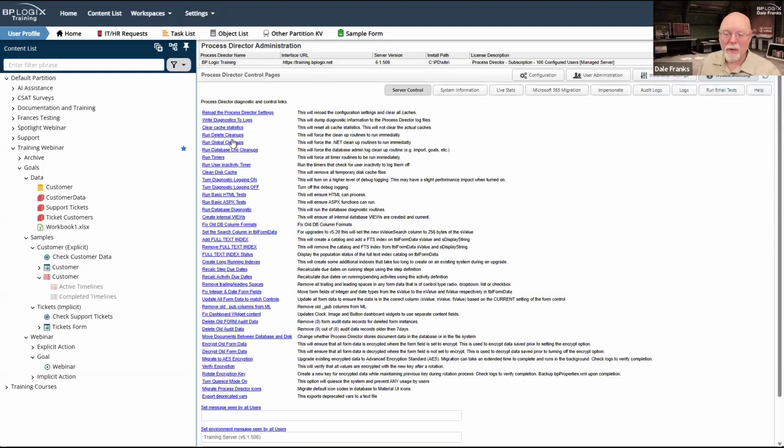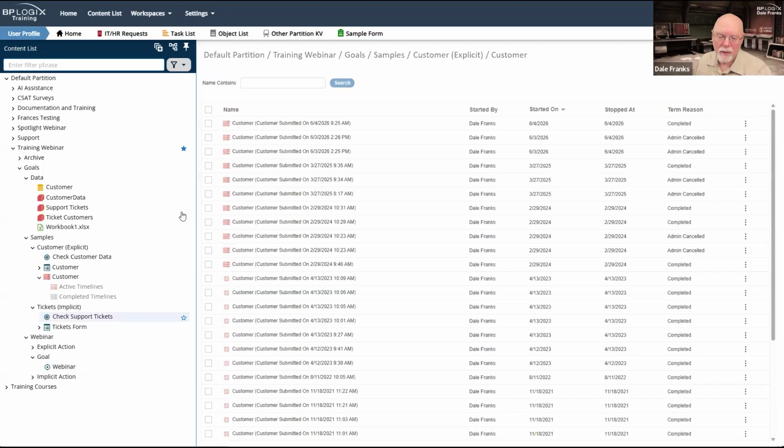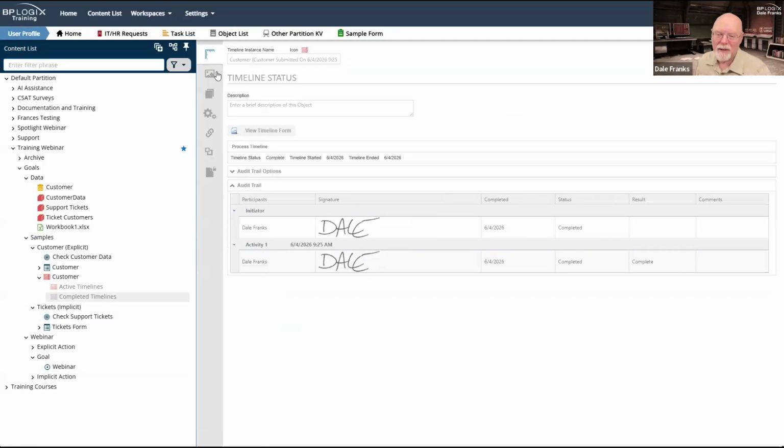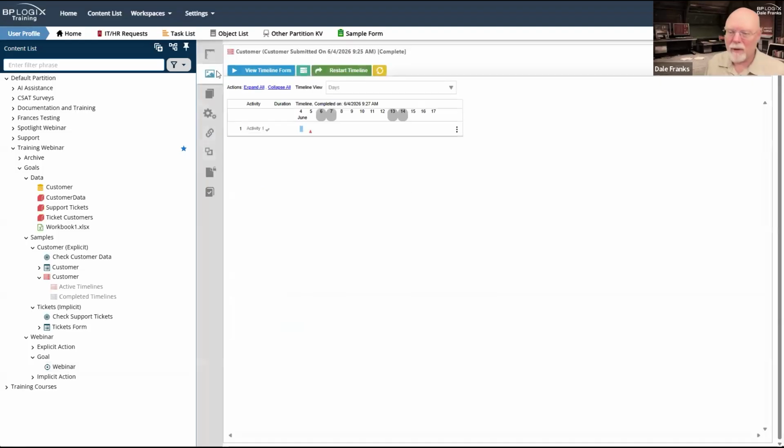I have to go to the server control page a lot and manually run the timers, or if the timers are based on some timeline activity, I end up having to go into the timeline instance a lot and go to the administration tab just to invoke the timers for that particular timeline instance. So I have to do one of those two things all the time, which is super tedious.